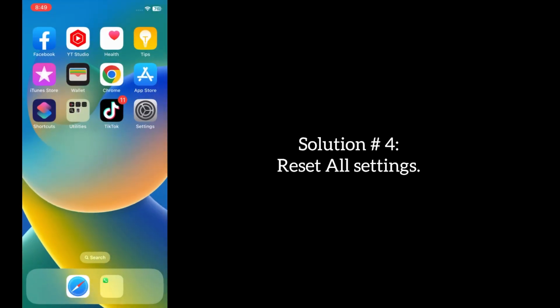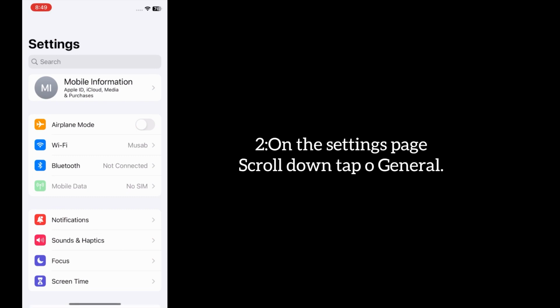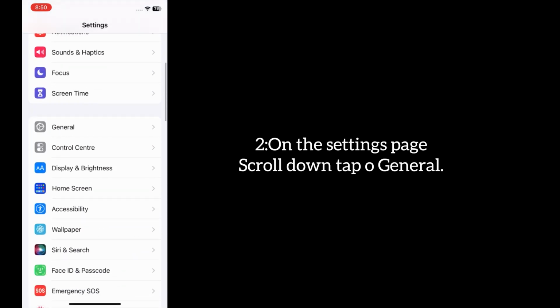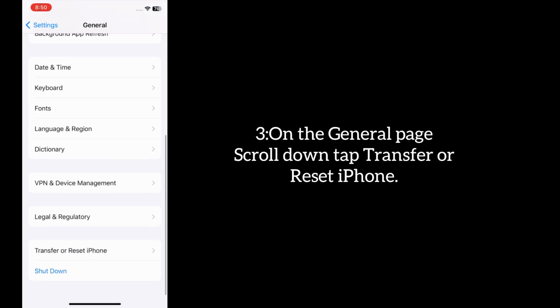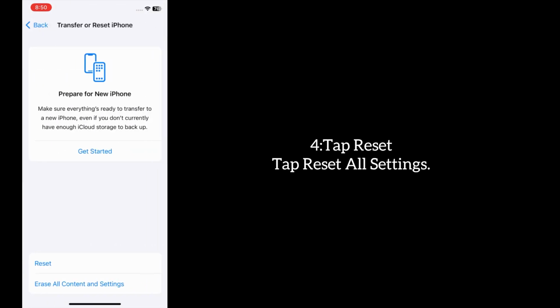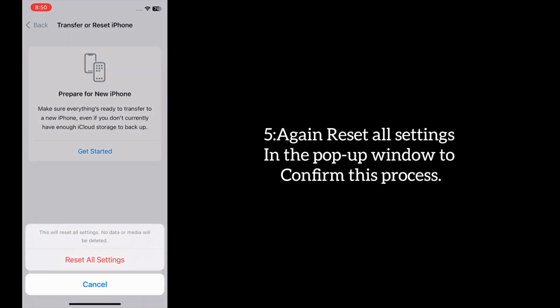Solution number 4. Reset all settings. Open the Settings app on your iPhone. On the Settings page, scroll down, tap on General. On the General page, scroll down, tap Transfer or Reset iPhone. Tap Reset all settings. Again reset all settings in the pop-up window to